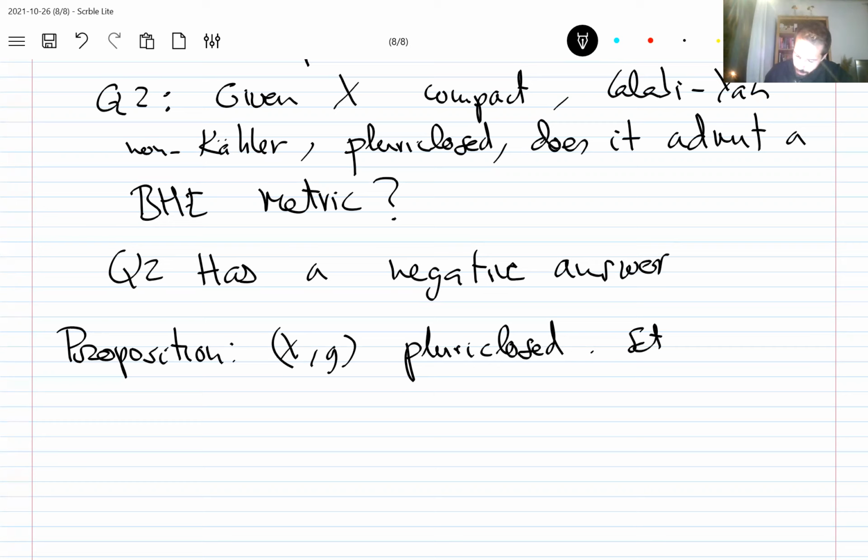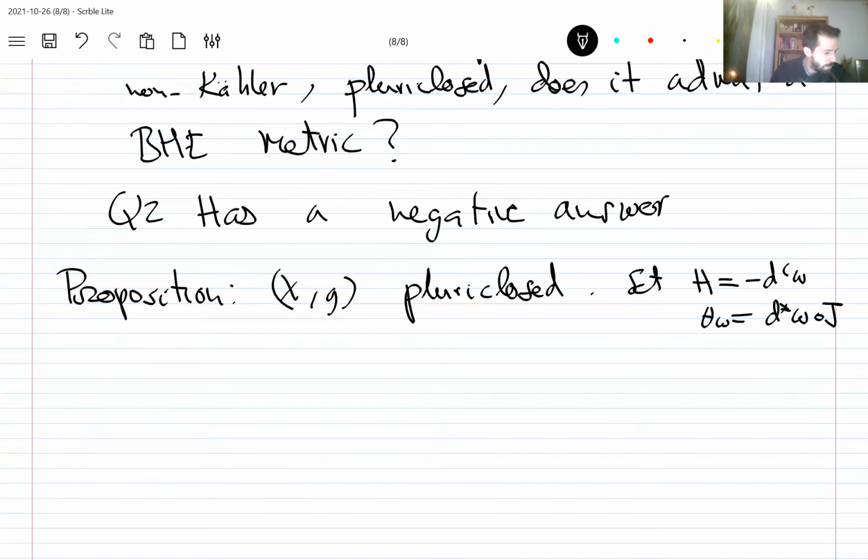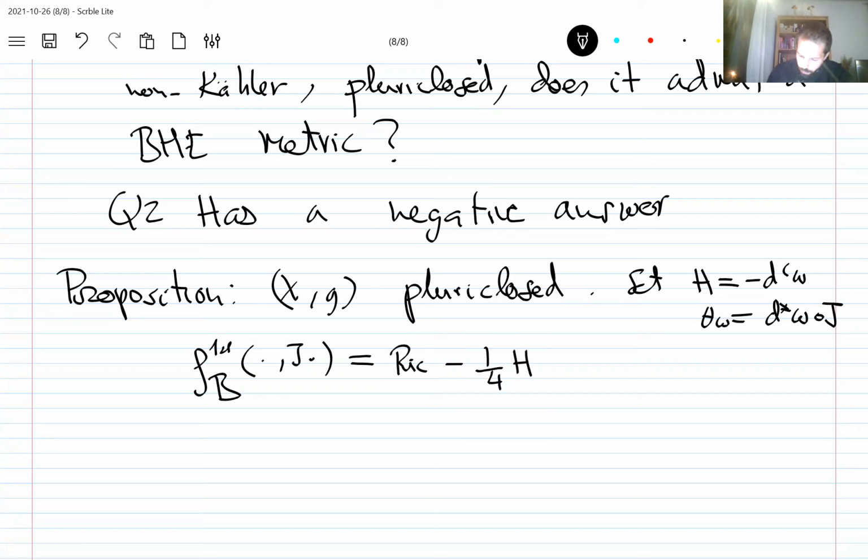We set H to be minus d^c omega, and the Lee form to be d star omega composed with J. Then the (1,1) part of the Bismut-Ricci form contracted with J is given by Ricci minus 1/4 H squared,